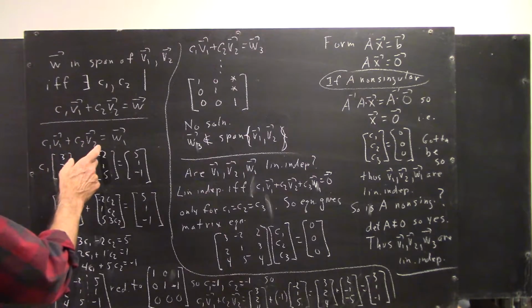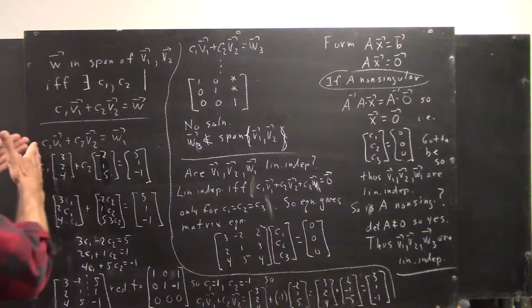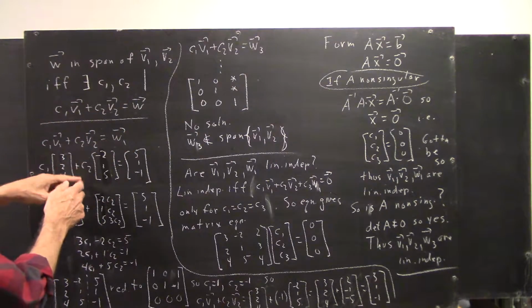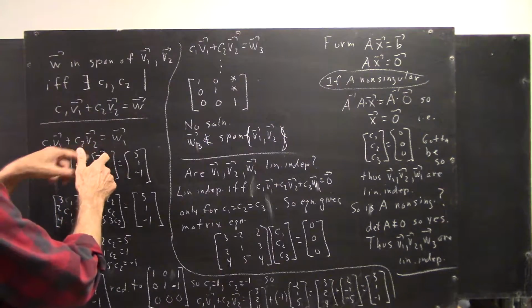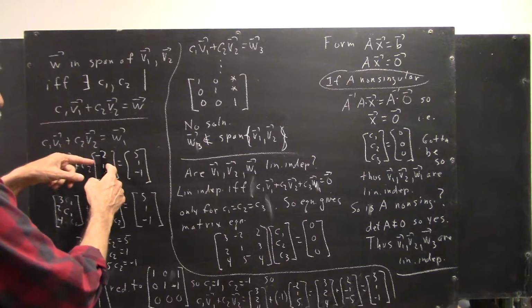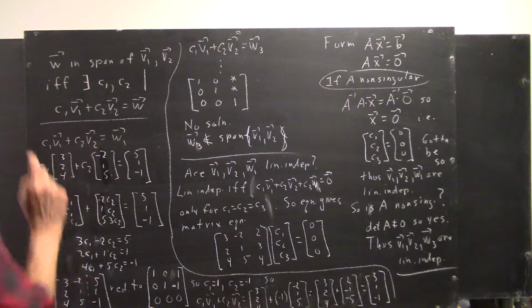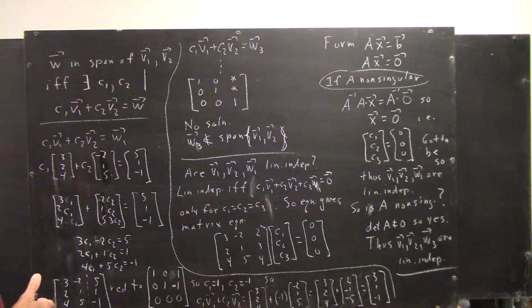The vector v2 is negative 2, 1, 5. So this equation becomes c1 times 3, 2, 4, that's the v1 vector, plus c2, replacing the v2 vector by its components, negative 2, 1, 5, equals the w1 vector, which is 5, 1, negative 1. And it's exactly the way it's stated in your document. It's clear what v1, v2, and w1 are. So when we